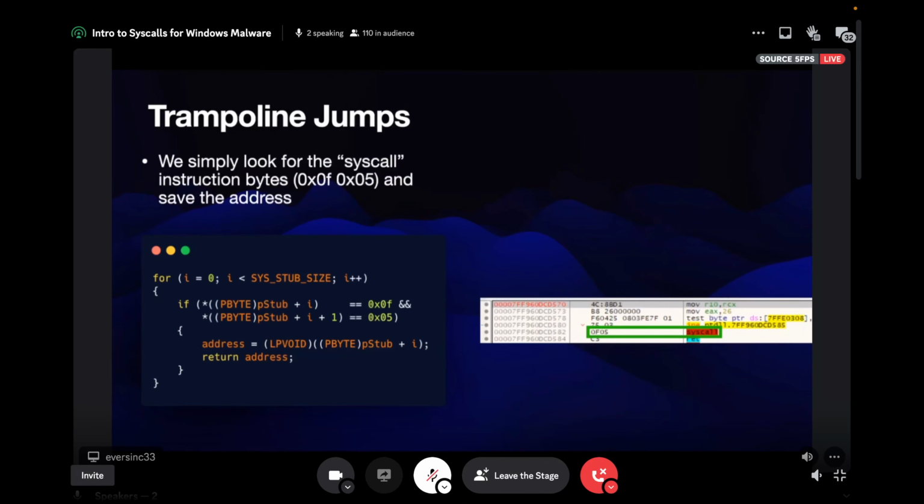So in code, again, like I said, this is super simple. We already have the address of our syscall from whatever technique we used earlier. And now all that we have to do is look for the bytes 0f and 05, because this is the binary representation of the syscall instruction, as you can see on the right. So we just go byte by byte until we find this instruction,